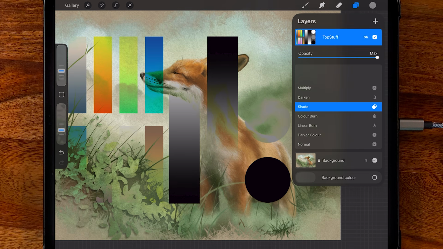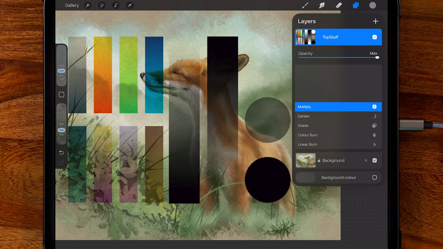Shade is an interesting one. In fact, look, it looks very, very similar to Darken. This is a pretty new one to Procreate, and I did some reading up about it, and to use my interpretation of it, it looks like it's supposed to do something similar to Multiply, and that is create natural-looking shaded areas, none too bright, as you can see, but it's supposed to be a more subtle version of Multiply. I am not sure about this one. What I would prefer to do is use Multiply and use slightly less darker colors to paint with,